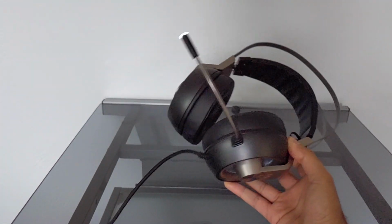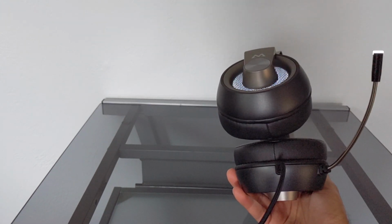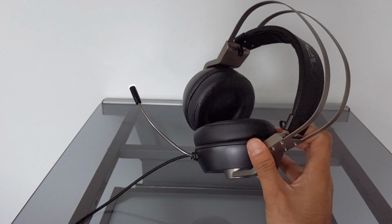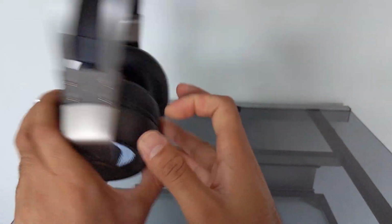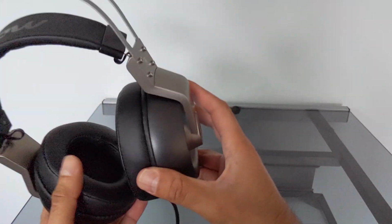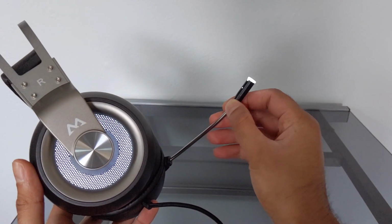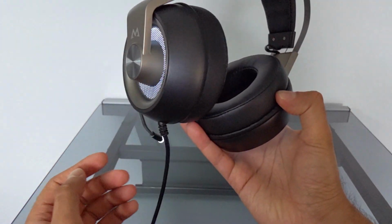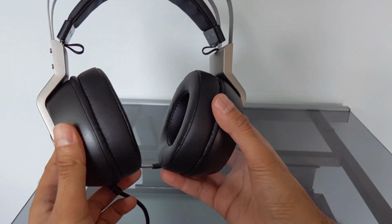Now I have a Kygo compilation on, and it actually sounds pretty decent on these. Given that this headset is only $20, it's got pretty good design and pretty good sound for that price point. It looks pretty good with the LEDs, and it's got the microphone, which I haven't actually tested yet, so I will make a phone call on these and see what the person on the other line tells me about